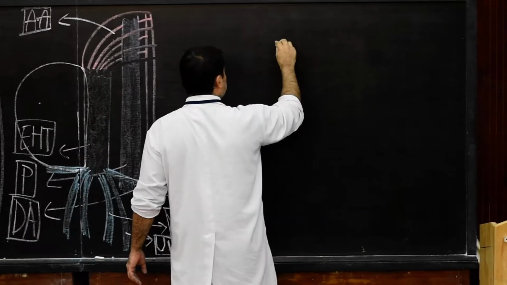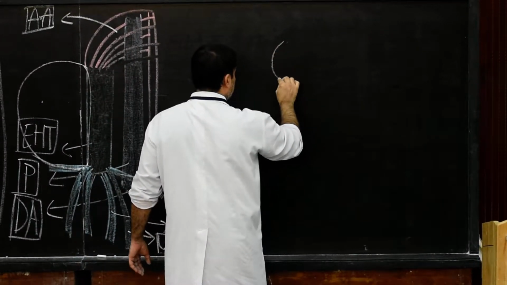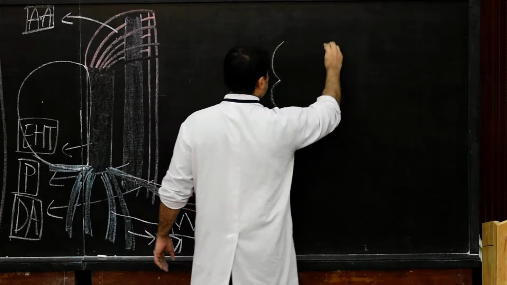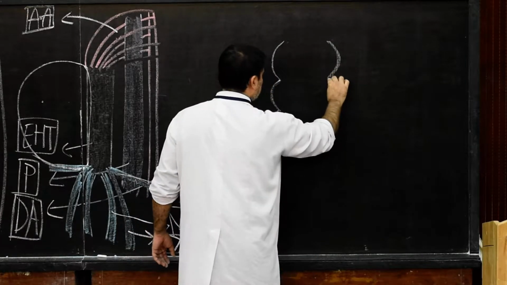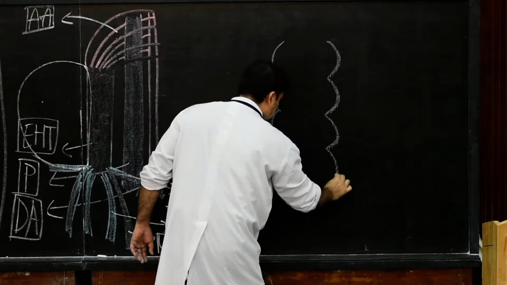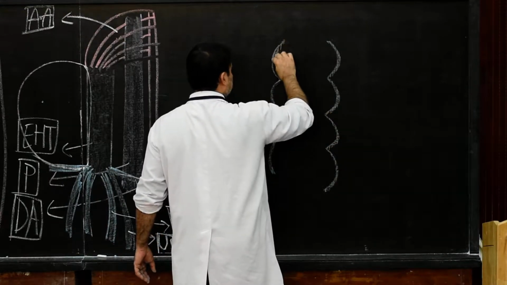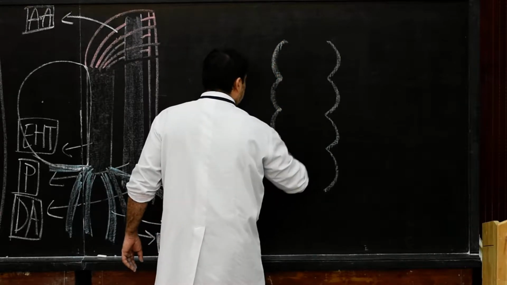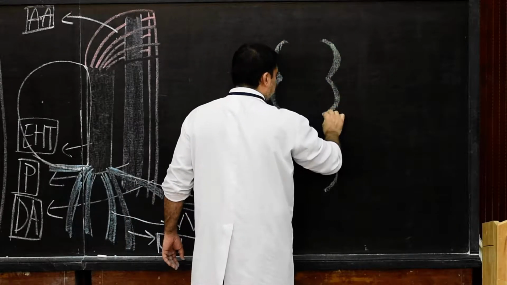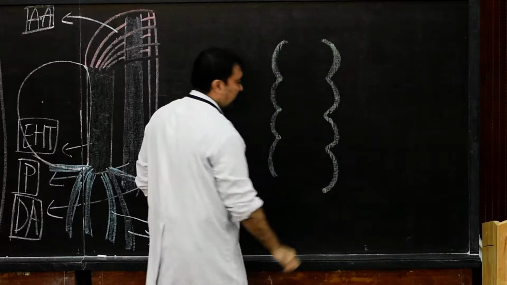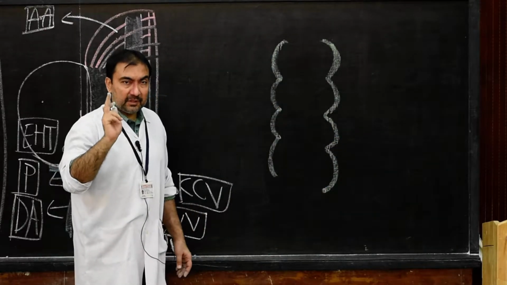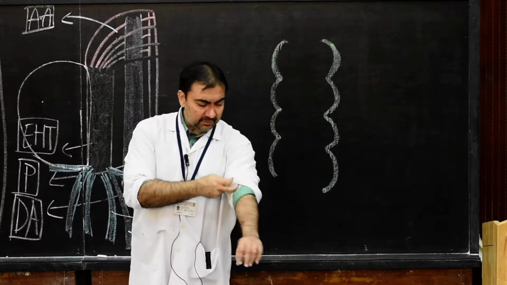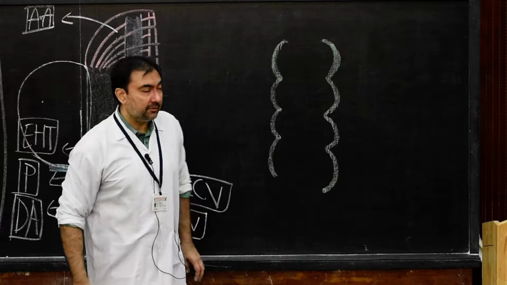What are the changes? The changes will be 1, 2, 3, 4. Same way, 1, 2, 3, 4. These are the changes. Now what are these changes? There will be development of 4 dilatations of the endothelial heart tube. Please name these 4 dilatations very clearly. They are also asked as 1 mark question answer or in MCQs.